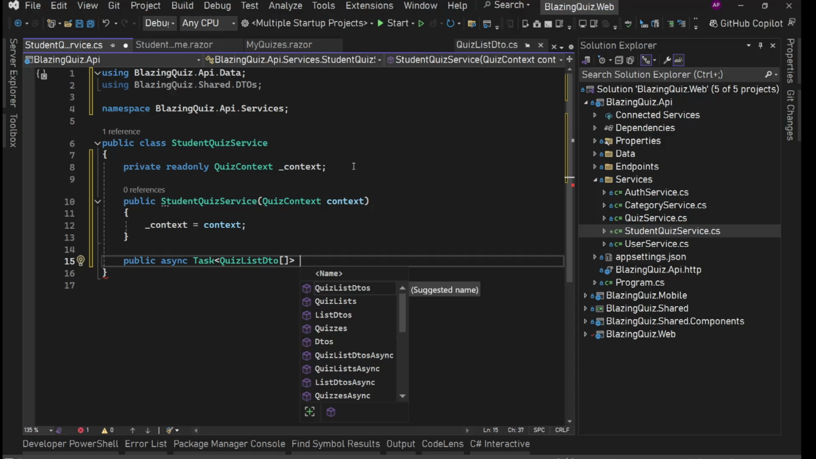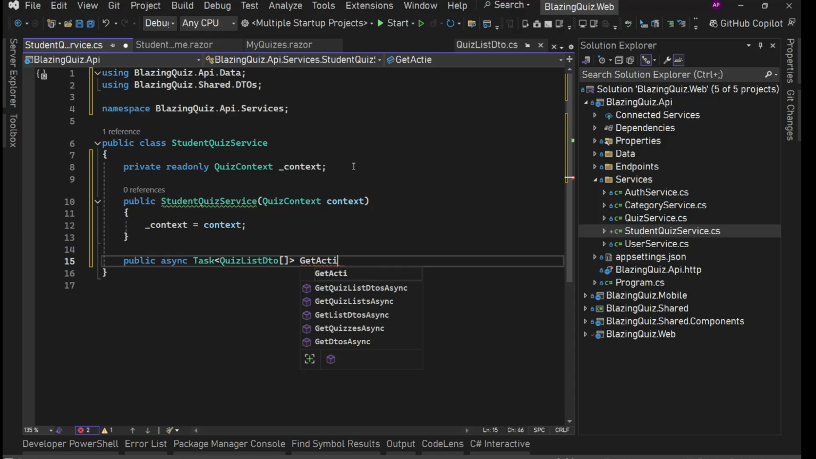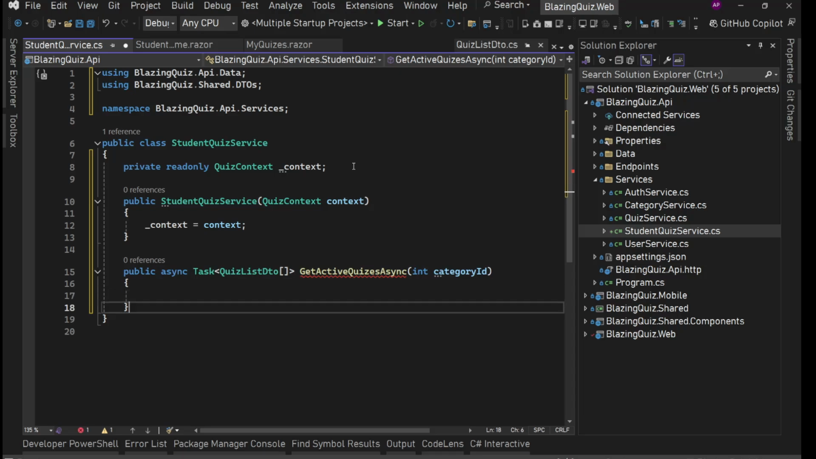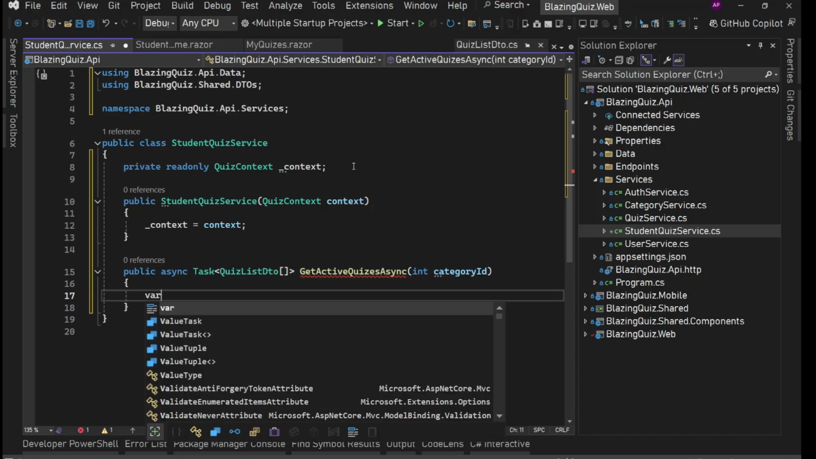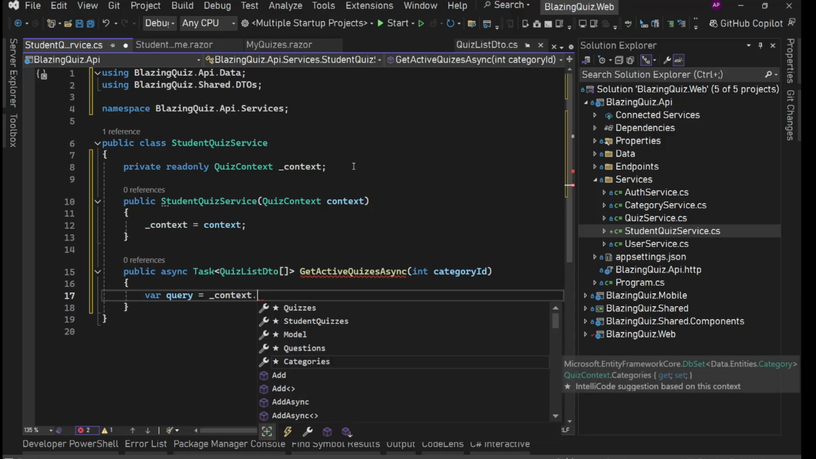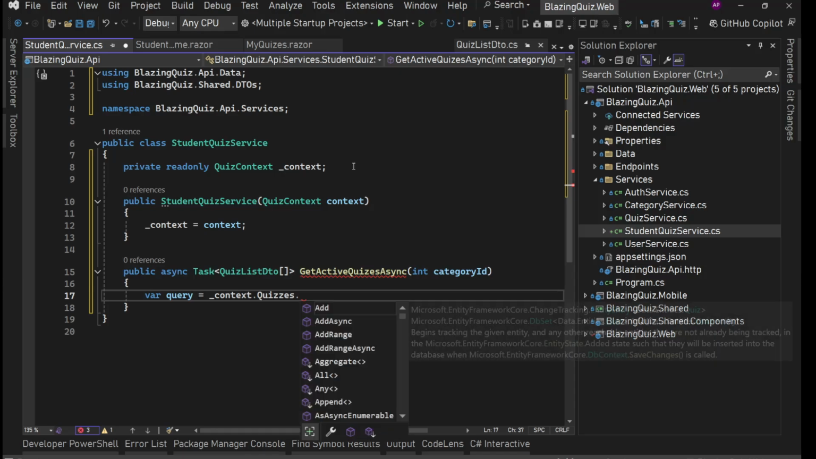And here we can say get active quizzes async. And we can optionally have category ID, int category ID. Okay. Now what we'll do, we'll simply have var query equals, we'll generate our query here first, context dot quizzes dot